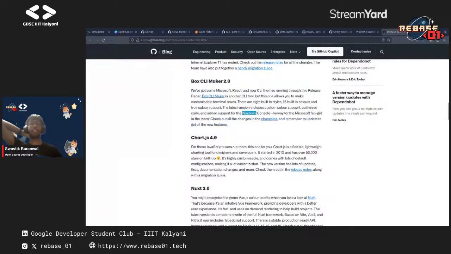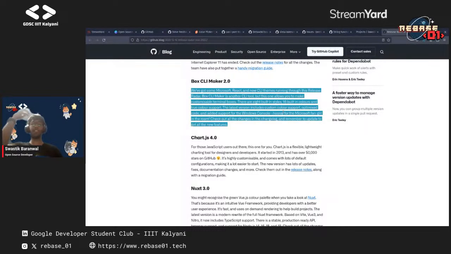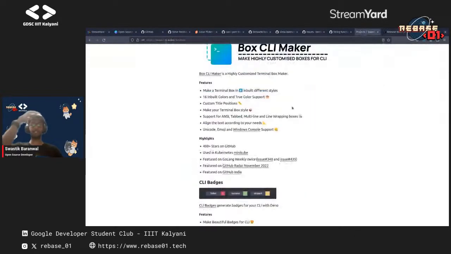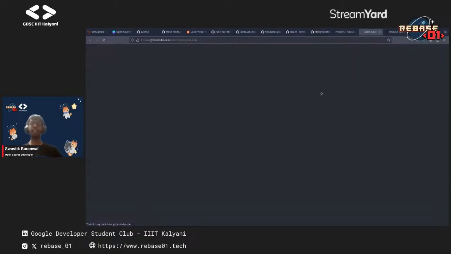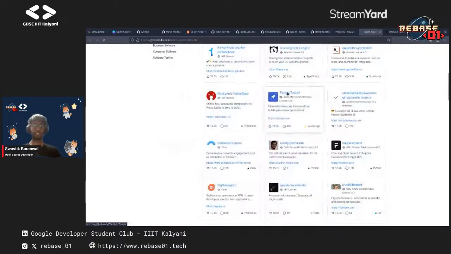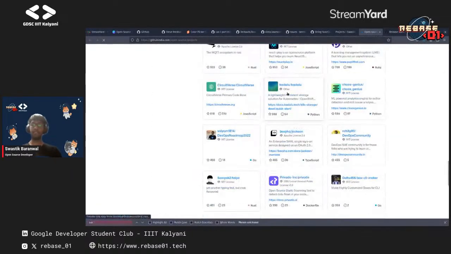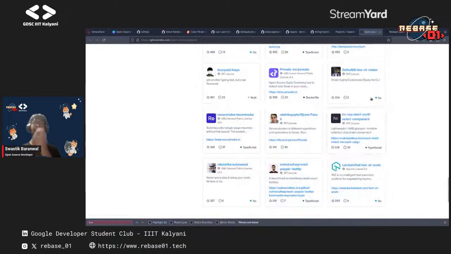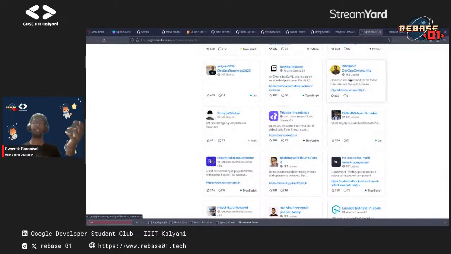Yeah, Windows console support. Hooray for the fan girl in the room. That's how this got featured. And I also got featured on GitHub India. I think this is a bit outdated. I will have to see if it still has it. Alright, so it's still there. As you can see, the stars are inaccurate because it hasn't been updated for a while, but you can see it's been hosted because it has more than 200 stars or something. That's why it got there.